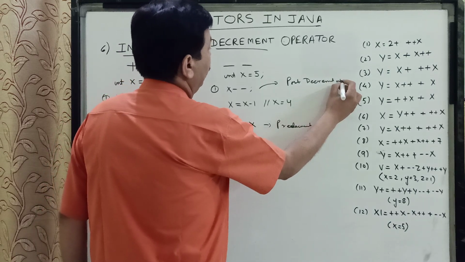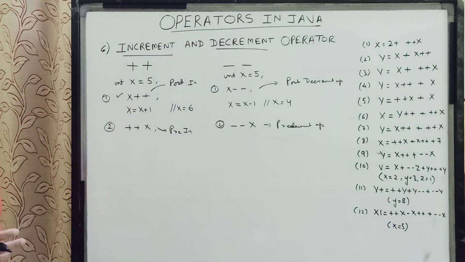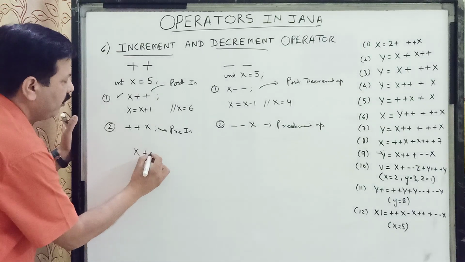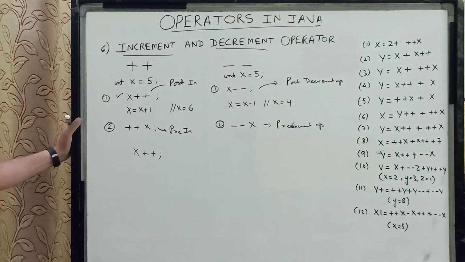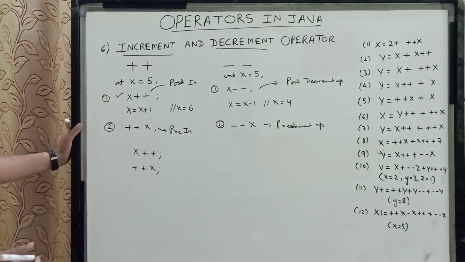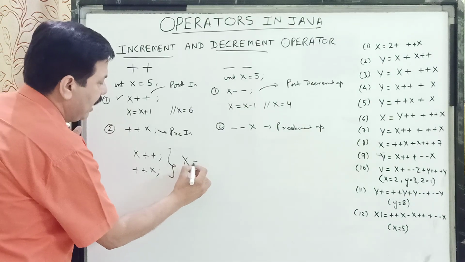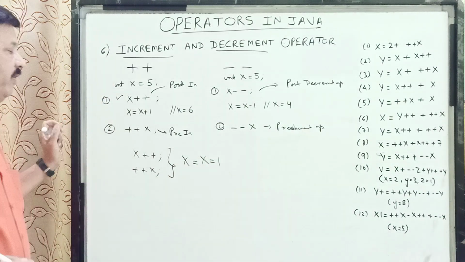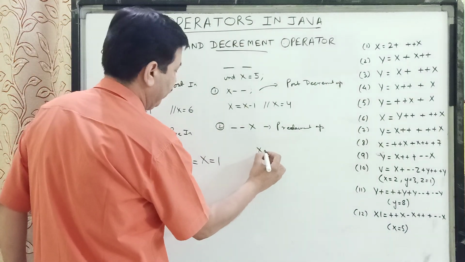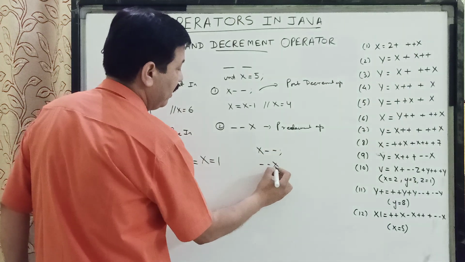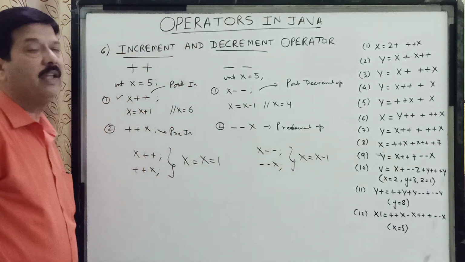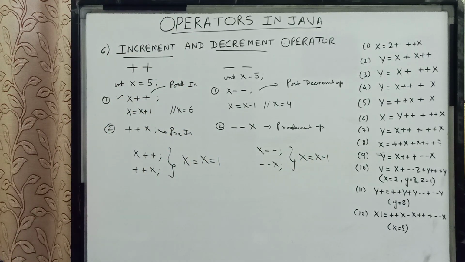So children, these operators are changing the value of the operand by 1. Now children, when we are using it in a program, say if I write x plus plus as a single statement in a program, or if I write plus plus x in a single statement in a program, then both these statements are increasing the value of the operand by 1. In the same way children, if I write x minus minus or minus minus x, then if they are used alone, they both mean that it is decreasing the value of the operand by 1.